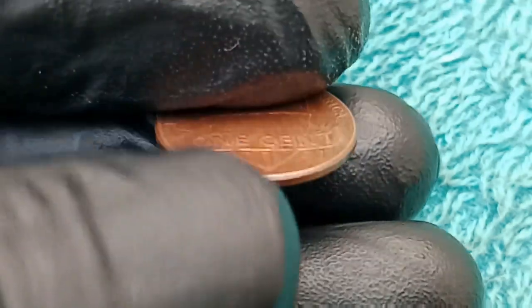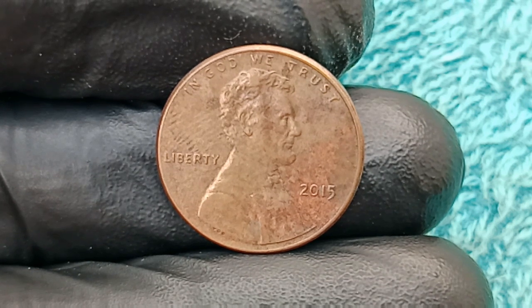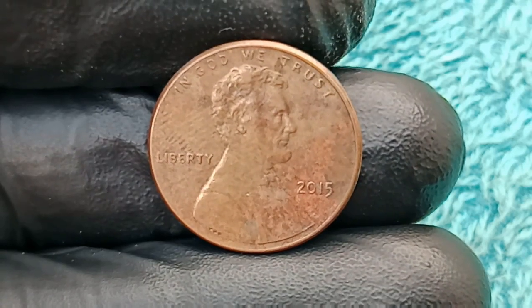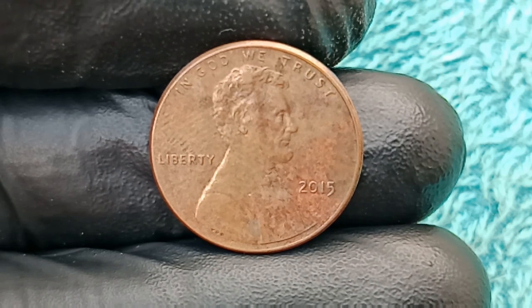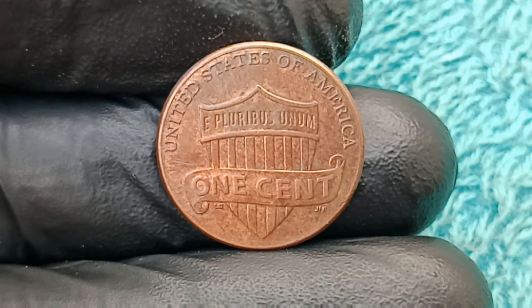A coin so rare and so loaded with unique features that it stands as a once-in-a-lifetime phenomenon that has reignited interest in modern coin eras and challenged everything we thought we knew about post-2000 coinage, because while most collectors look to older coins for value, this incredible 2015 cent has proven that sometimes the most valuable pieces can emerge from the most unlikely places, starting its journey at the Philadelphia Mint during what should have been a routine year for